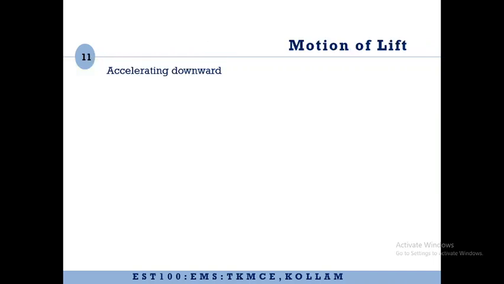So another case that we have to analyze is the motion of lifts. The motion of a lift is also similar to a block suspended by a string over a pulley. Now in this particular case, we have to see the various cases of motion of the lift. That is, the lift may be accelerating downward, it may be decelerating downward, it may be accelerating upward, it may be decelerating upward. So 4 different cases are there. Let us try to analyze each of the different cases. It is similar to the way that we have solved the problems in the previous cases, but still we will look at it as a particular case.